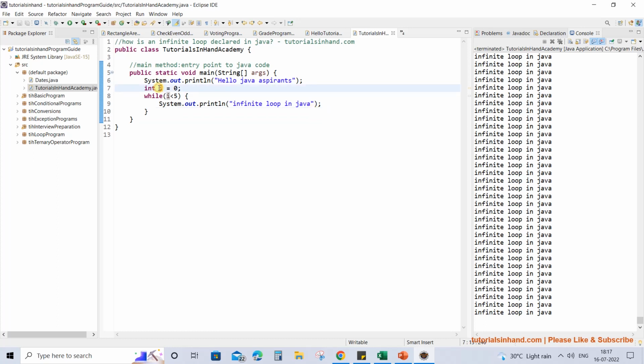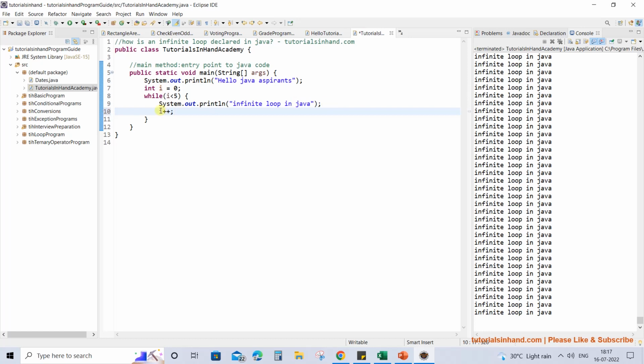Why? Because you have not increased the value of I during the iteration, and that is why the value of I always remains 0, and thus when the condition is checked it always returns true, and thus you enter an infinite loop. So if you want to exit this situation, you should always increment the value of I within the loop.